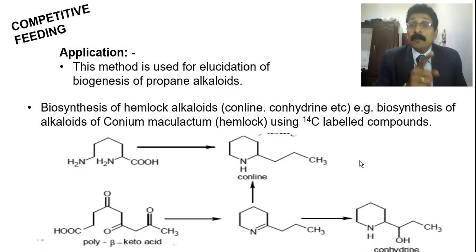So what is the name of that? It is lysine. It is a basic amino acid which contains 2 amino groups. So it is an aliphatic amino acid. This amino acid can be converted to conline. We have not shown any star or anything, though we could show it, but I have just taken the reaction alone because I have already explained the last reaction.